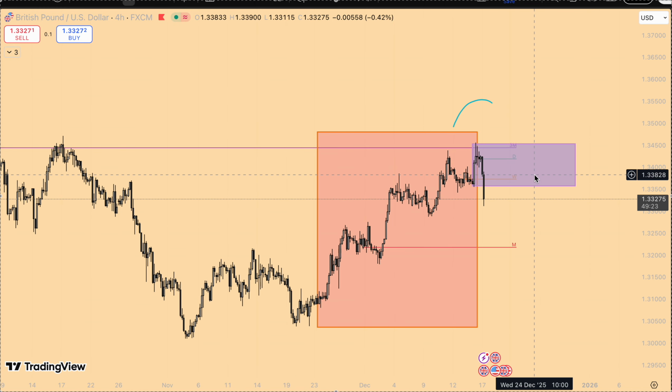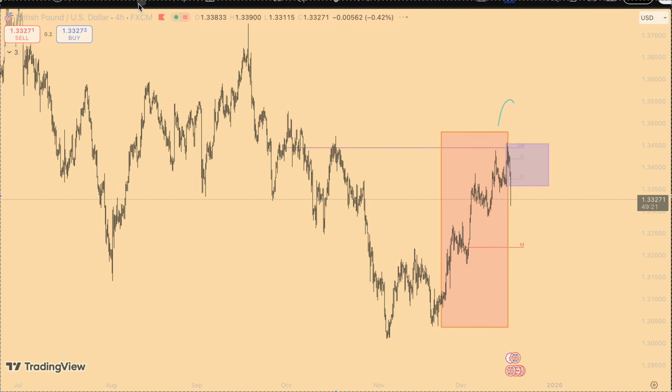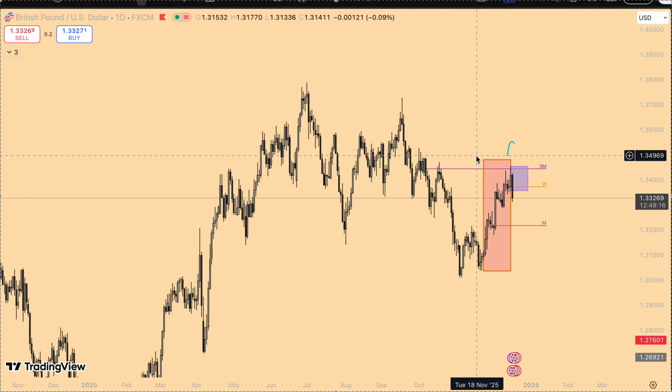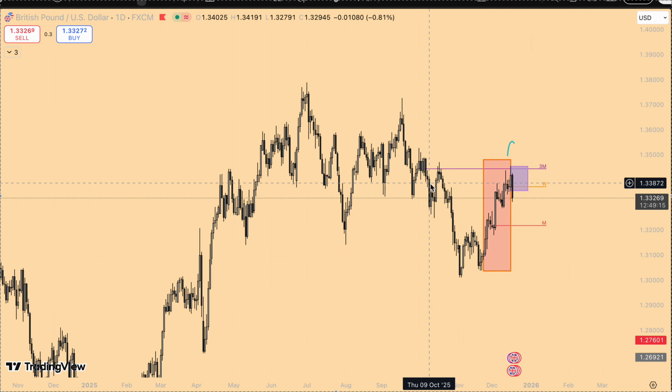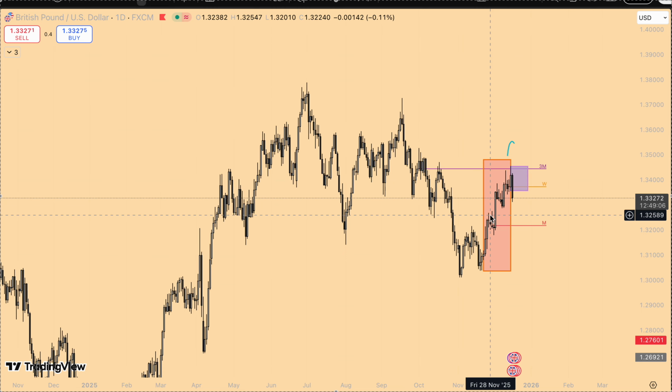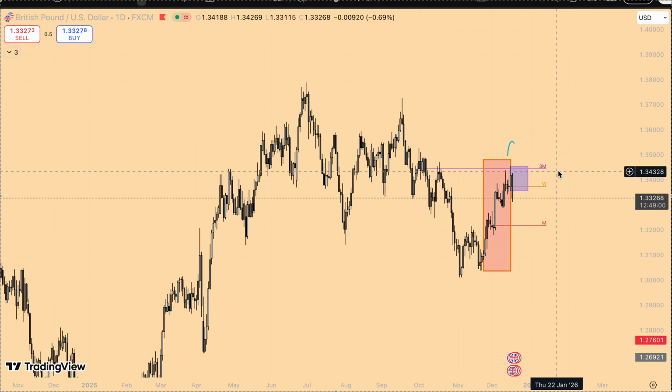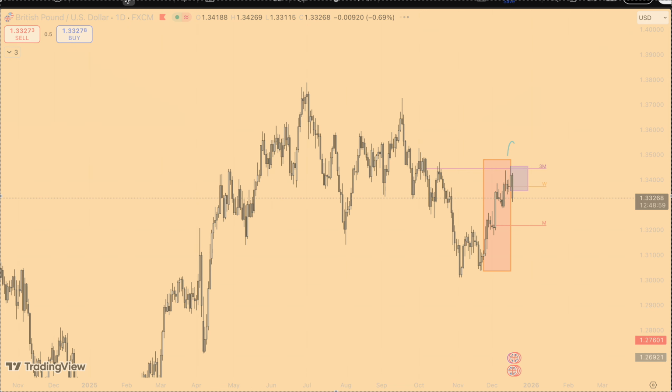But it would be a nice shot to take, as with GU, we're still in a bearish leg, right? You can see buy up, sell down, buy up, sell, buy, sell, and then we had this long retracement. So we could just have a swipe of these lows, and yeah, that kind of thing, as this is our swing high and this is our swing low, and now we're in premium pricing.